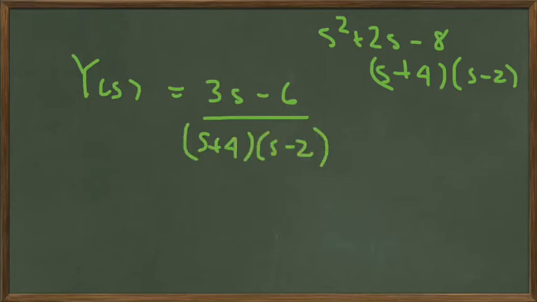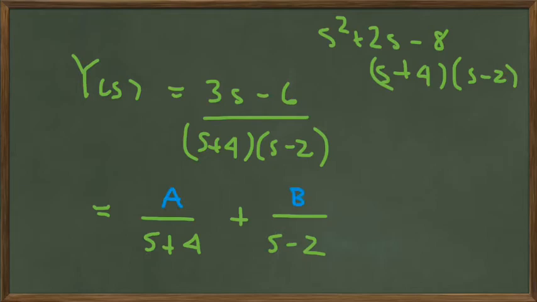Now, in order to be able to solve this differential equation, we have to write this right-hand side as fractions for which we know the inverse transform, so we use the partial fraction method. This will have a denominator of s plus 4, this will have a denominator of s minus 2, this is an unknown numerator here of a, and this is an unknown numerator here of b. And we're going to solve for a and b by multiplying both sides through by s plus 4 times s minus 2. So when we do that, on the left-hand side we get